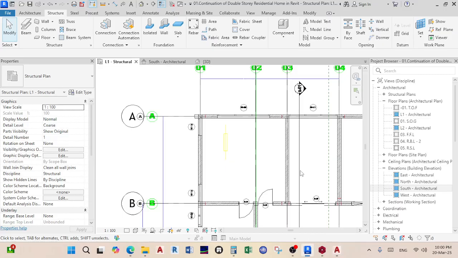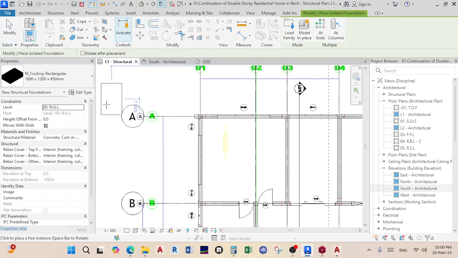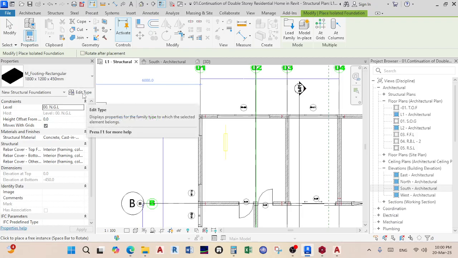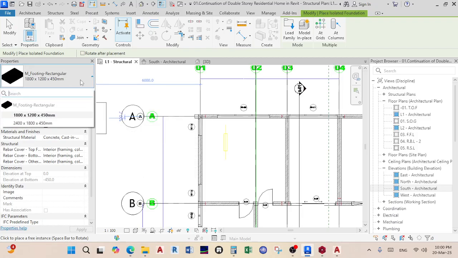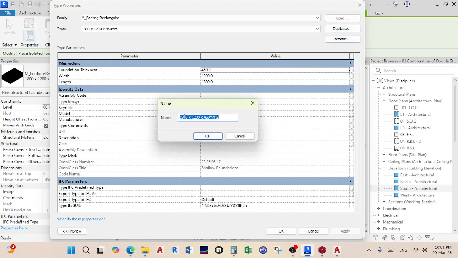So I'll go to my Revit, I'll select isolated foundations or pads, and then I'll click it. Remember to change your edit type, because I don't think there's going to be a 1.5 by 1.5. I only get 1.5 by 1.2, and these are rectangular, but for me I'm using a square. So I'll go there, I'll edit and say I'm using a generic one, a 1.5 by 1.5